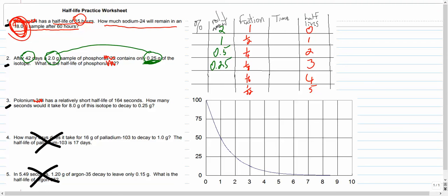And maybe you've noticed you can leave these 2 columns the same for every half-life problem because those are always going to be the same. But anyway, let's see here. After 42 days, 0.25 grams is left. So basically this problem is telling us that right here at 0.25 grams, that was 42